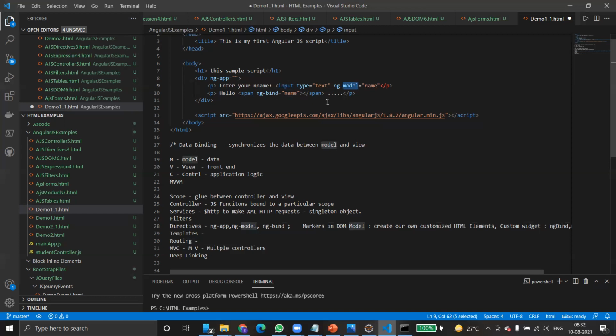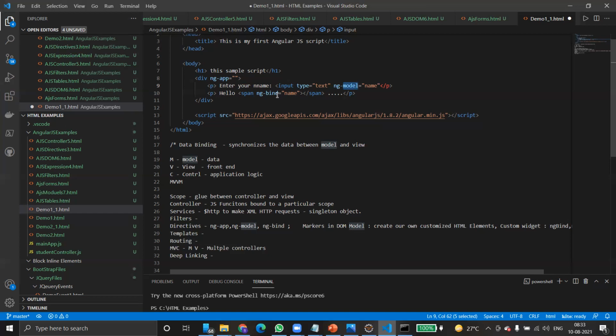It binds the AngularJS application data to HTML tags. ng-model exclusively binds the data to the input elements, while ng-bind binds the AngularJS application data to the HTML tags. This one is for input elements and input controls, and this one is for HTML tags. So that is the main difference between ng-model and ng-bind.